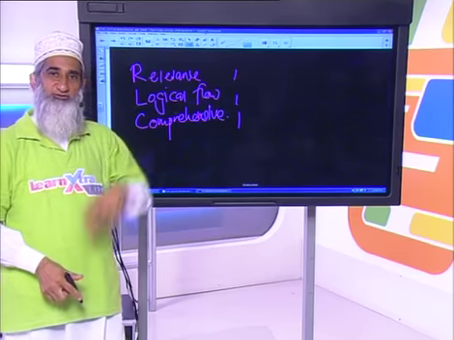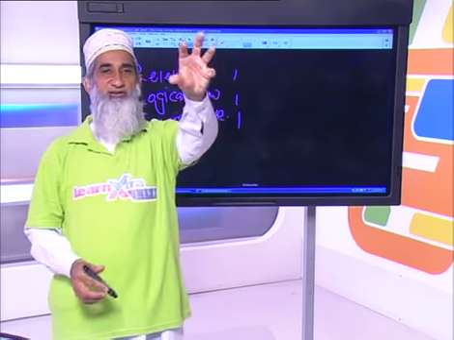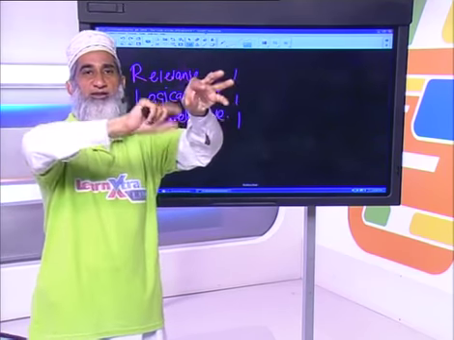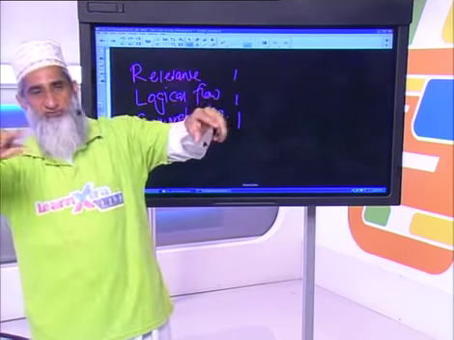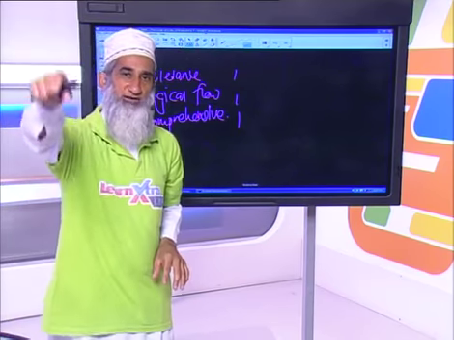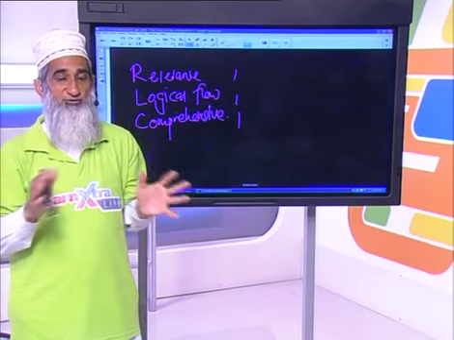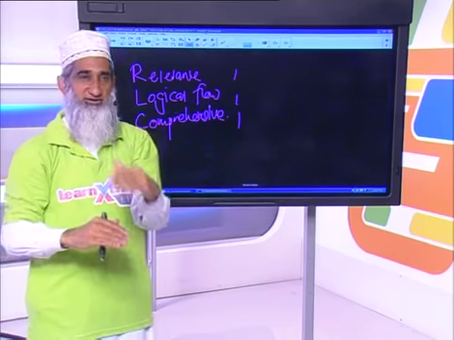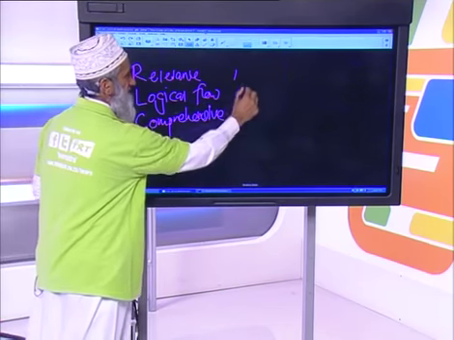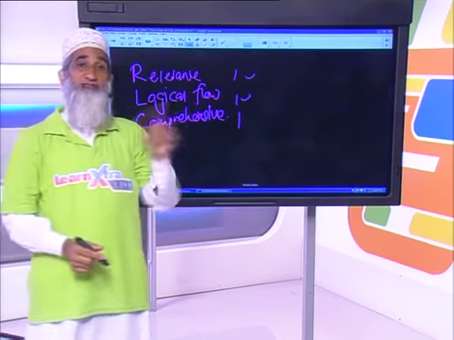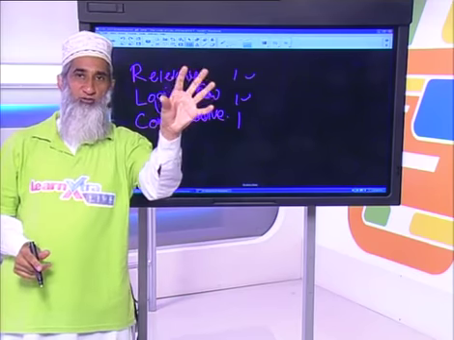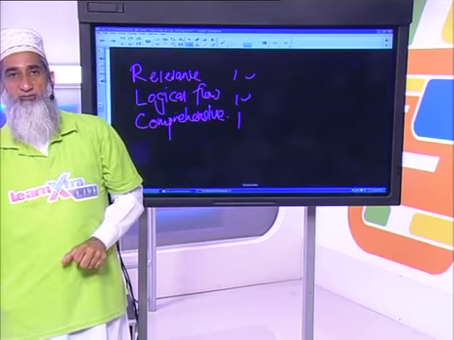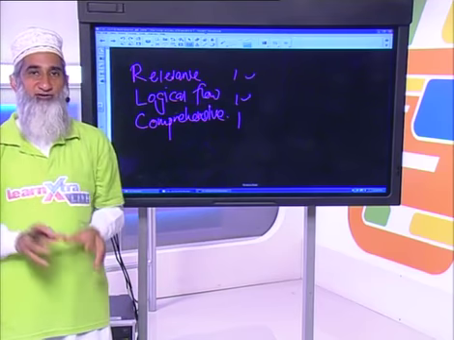Logical flow. Did you start talking about the structure of DNA and in between a sentence you said when DNA replication takes place, something happens, then you come back to the structure, then you go back to DNA replication, so there's no logical flow? Or did you explain the structure first and then you went to DNA replication? If you've done it that way, then you got logical flow. And did you answer both parts of the question? That means you've spoken about the structure and you've spoken about DNA replication. Then you get full marks for it.